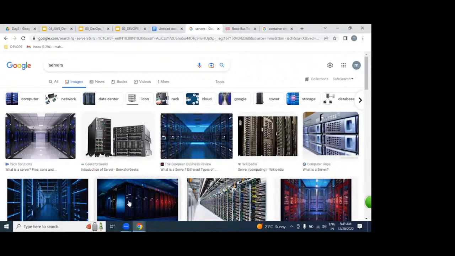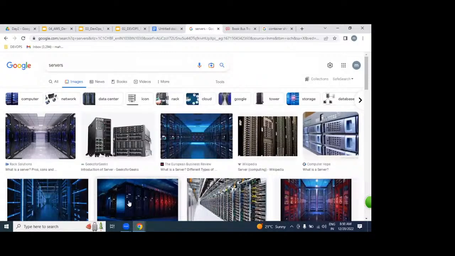So these data centers exist physically. We can see them like our building. Just as we can see this building physically with our eyes, these tangible things, the same way the data centers are available. In Hyderabad we have Amazon data centers. In the US also we have. In Singapore also we have.